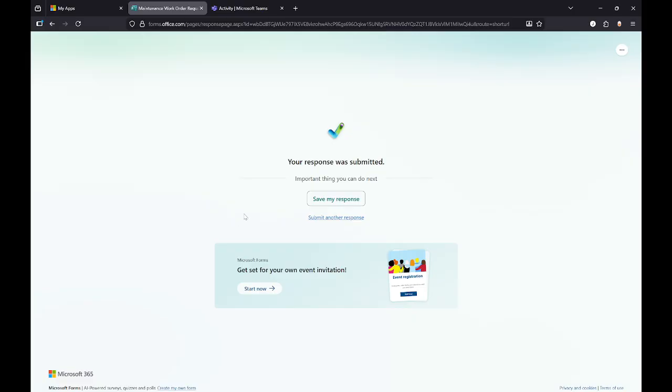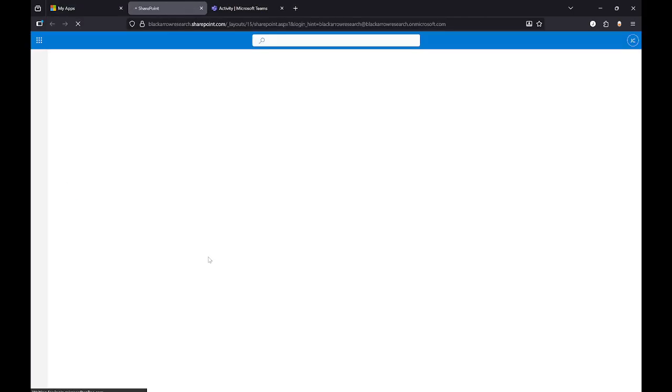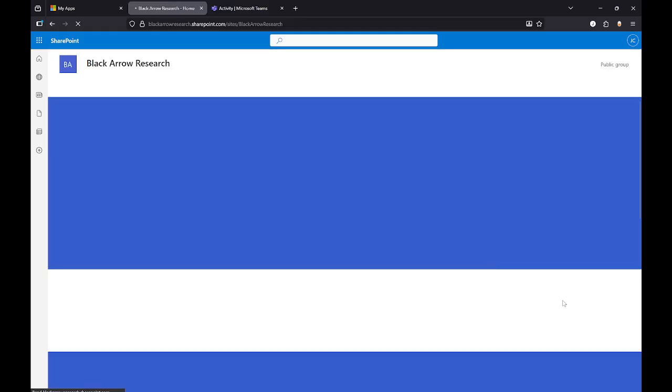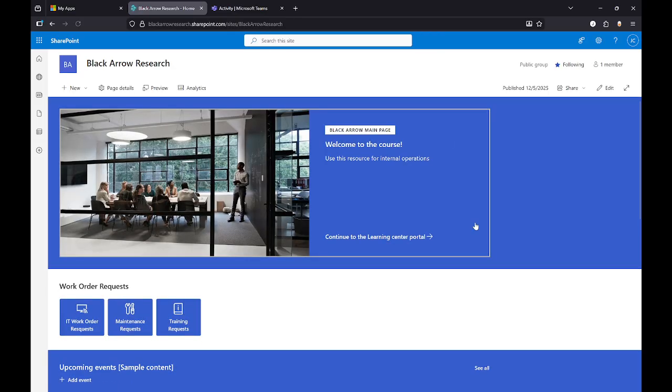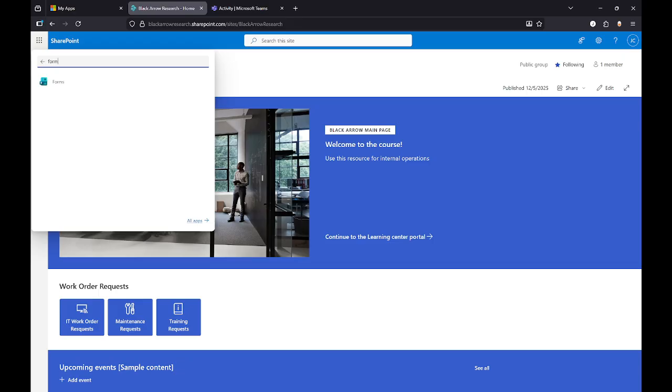So any employee, when they use your SharePoint site, and let's go over to our SharePoint. Any employee that uses the SharePoint site has access to fix a problem. And we're going to create a form just like that for our pseudo IT department, right? So we're going to click on these 9 little dots here on the top left corner. And we're going to click on more apps because as you can see, we don't have Microsoft Forms easy to access. Another way you can do it is just type in forms, right? But I want to show you both ways